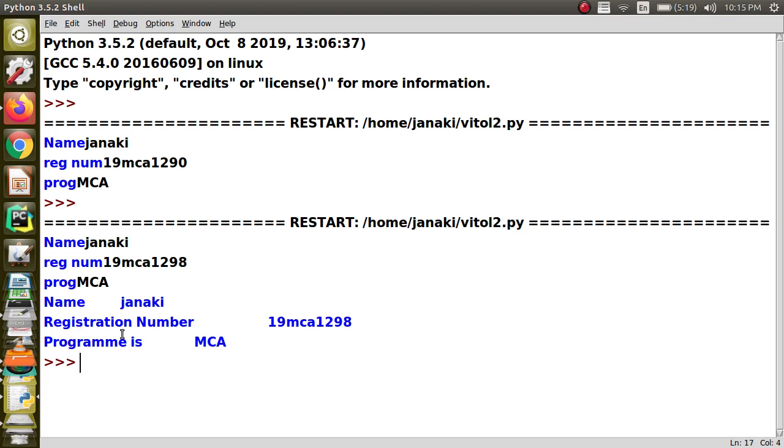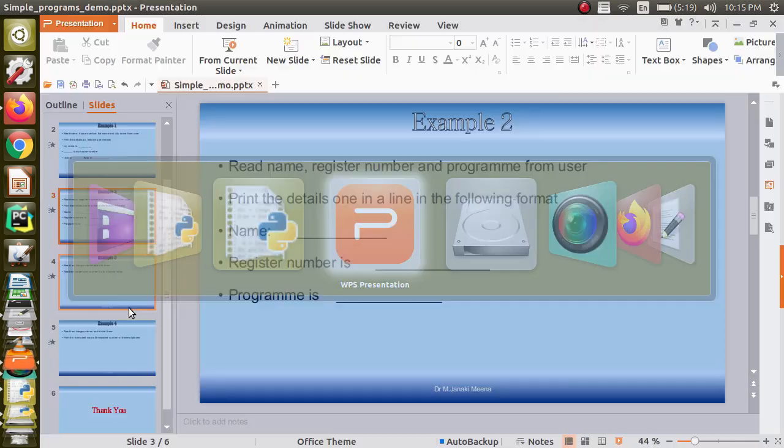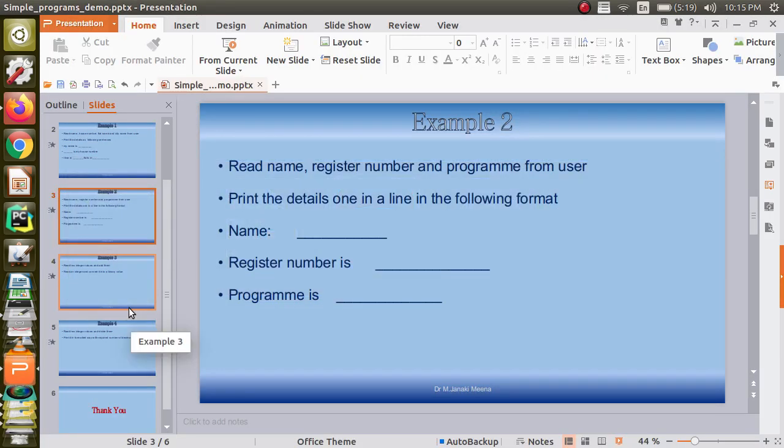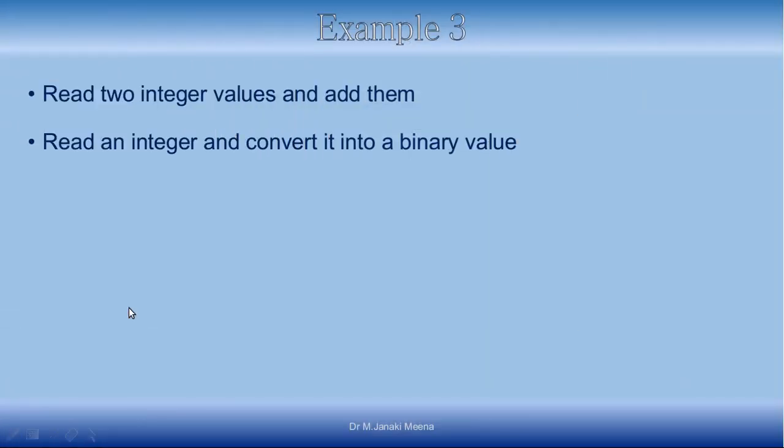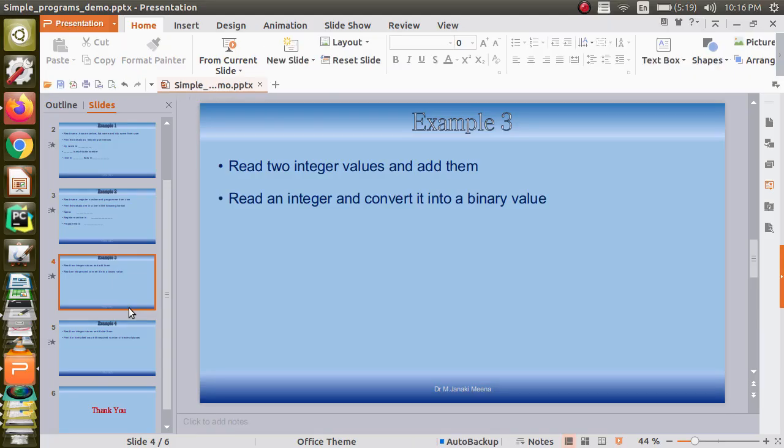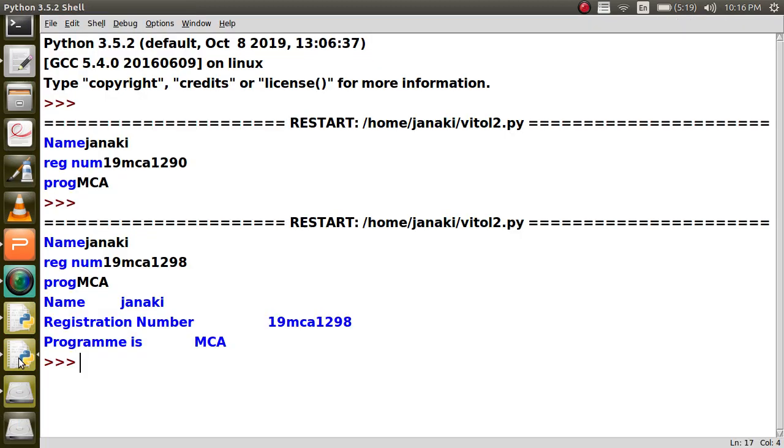These are all the corresponding values, but there is a tab character between the label and the value that is getting printed, right? In the next demo we will see how to read two integer values and add them, and also an example of converting into a binary value. That's what we are going to see next.